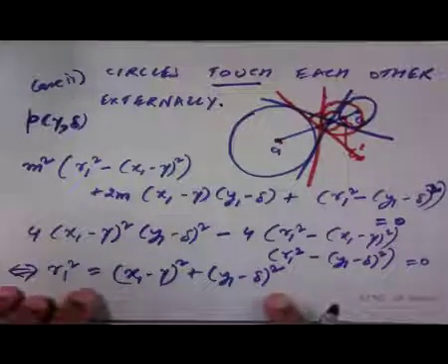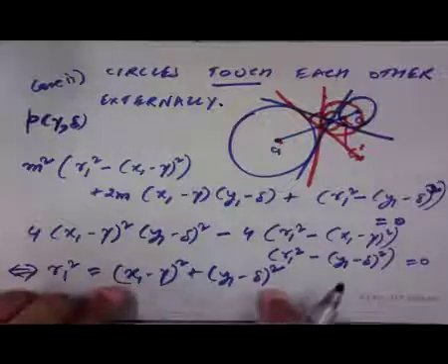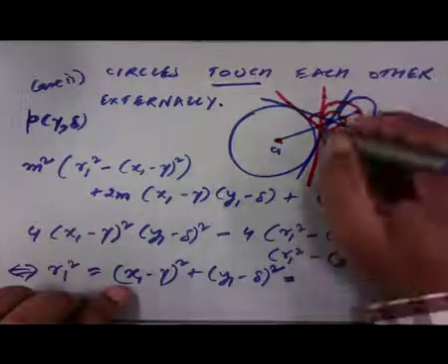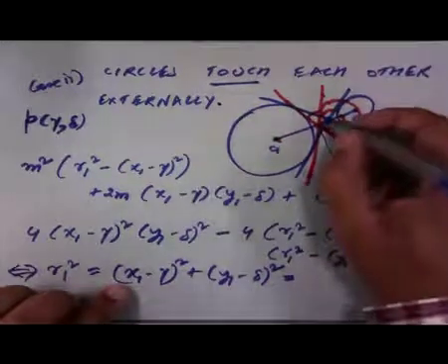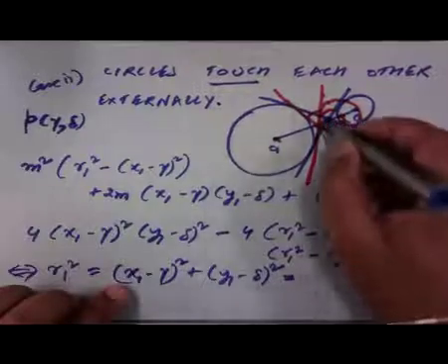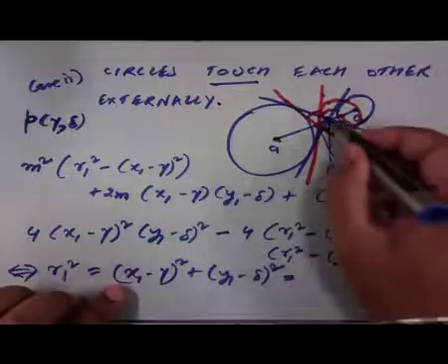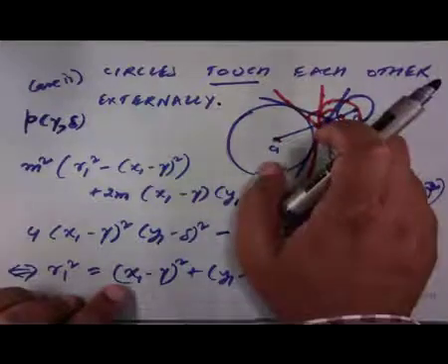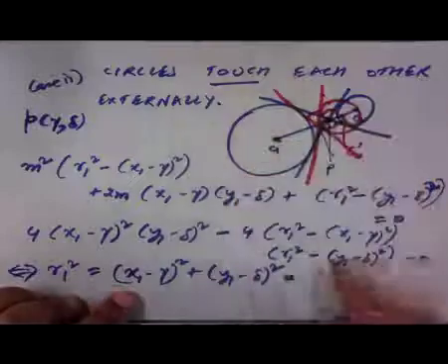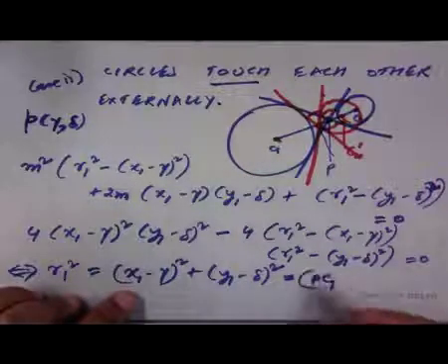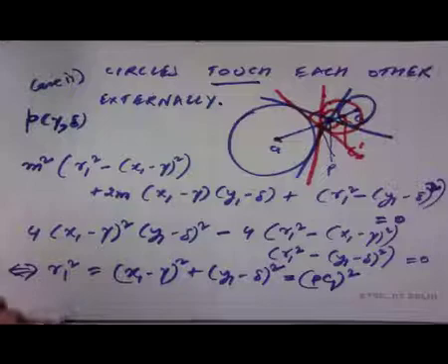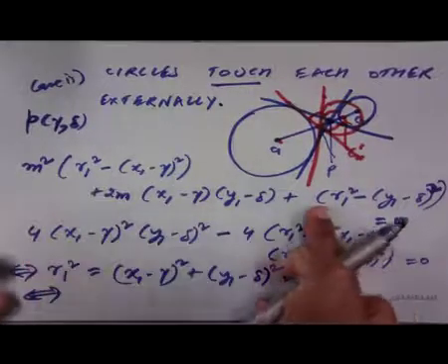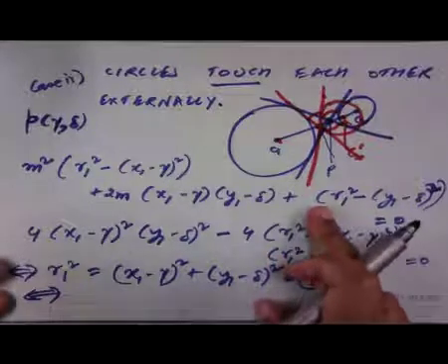If you remember, this distance is nothing but the distance between the point P, this point over here, and the center C1. So the square of that, PC1 square. Essentially, this implies that we will only have one transverse common tangent if and only if